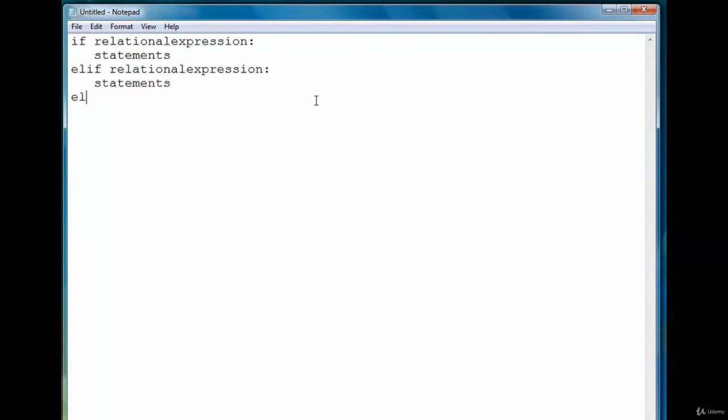And we can continue with elifs as long as we need to. I'm going to stop after this one. And then finally, you can have an optional else. The else will execute its statements if, and we left off a colon right there, if all of the other relational expressions are false. So an example of when you might need an if-elif is with the grading scale, when